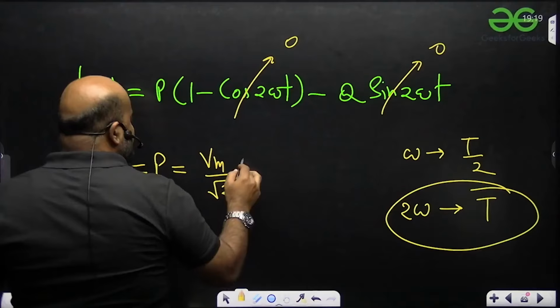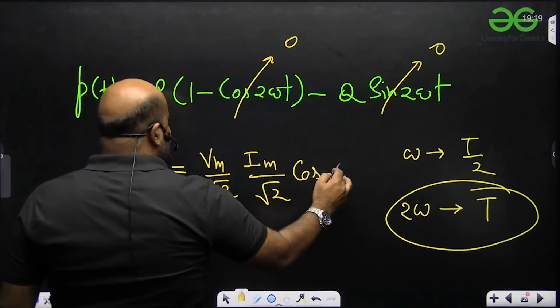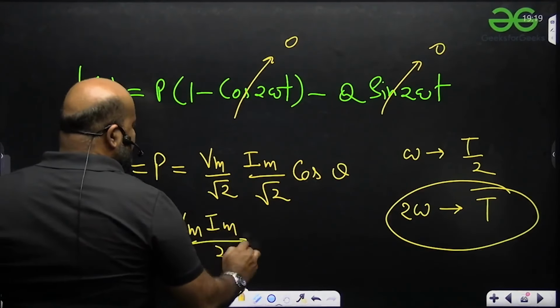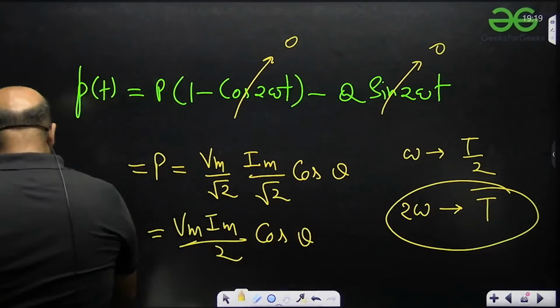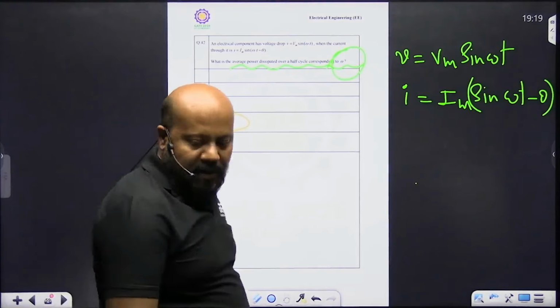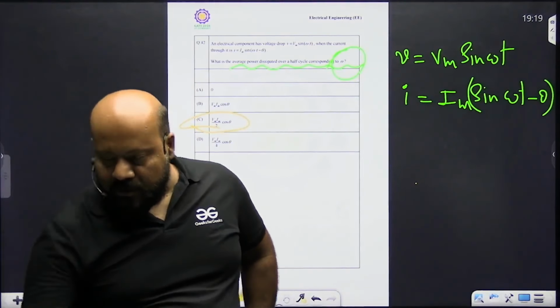और P है क्या? Vm अपॉन रूट 2, Im अपॉन रूट 2, और ये है cos θ। तो ये क्या हो जाएगा? Vm Im अपॉन 2 cos θ। आसान क्वेश्चन था, सिर्फ आपको ω पे ध्यान देना था। सो C इज द करेक्ट आंसर। नेक्स्ट क्वेश्चन 54।